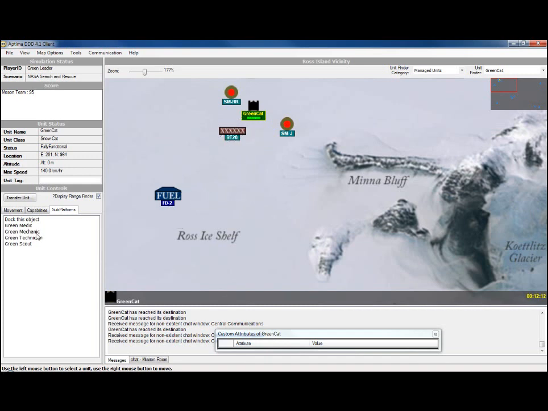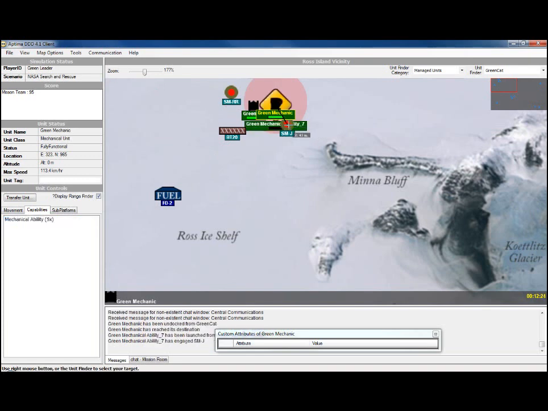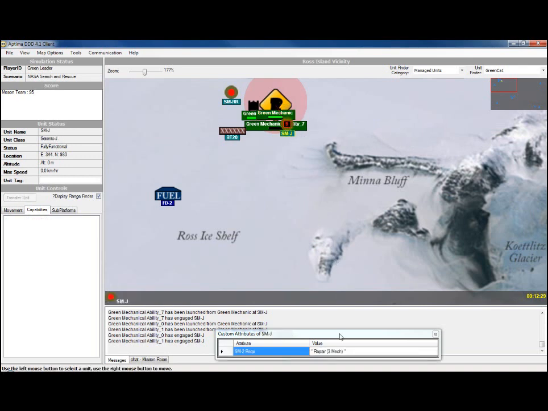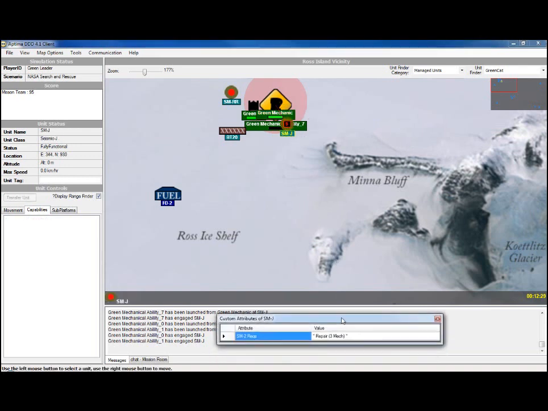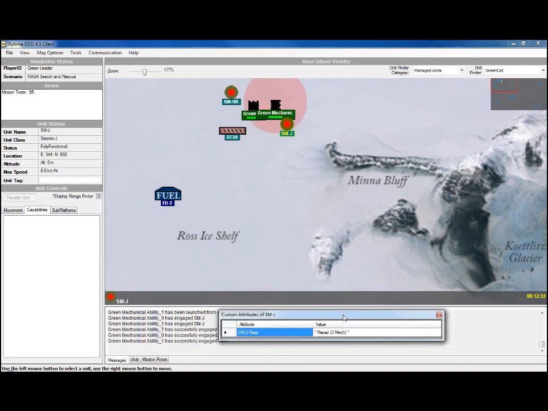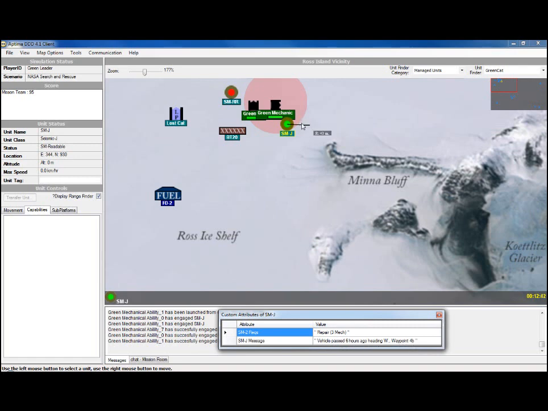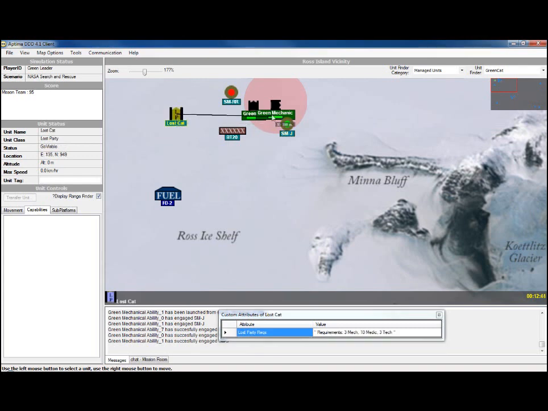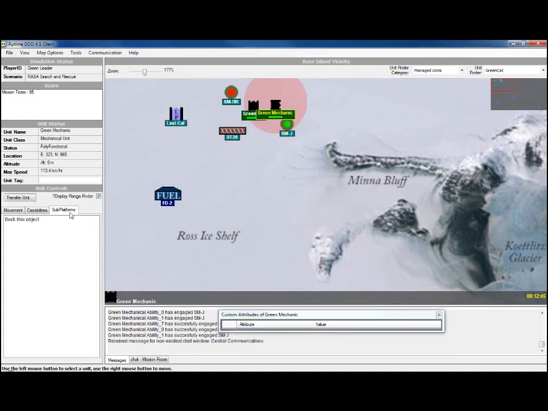So we'll go ahead and deploy the green mechanic, and we can left click on him and apply the 3 mechanical ability with 3 right clicks, and that'll count down. And we can left click back on the seismic monitor, and once it's green, we can see the vehicle passed 6 hours ago heading west, and that's waypoint 4B. And all of a sudden the lost cat has appeared, and we can put the mechanic back on,